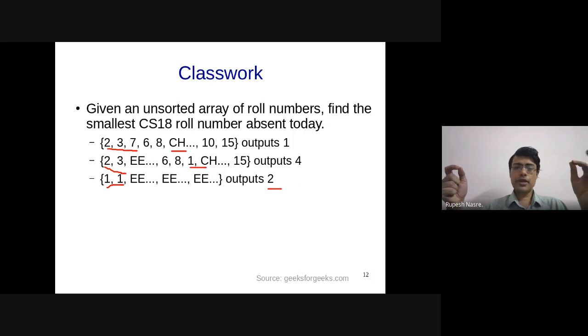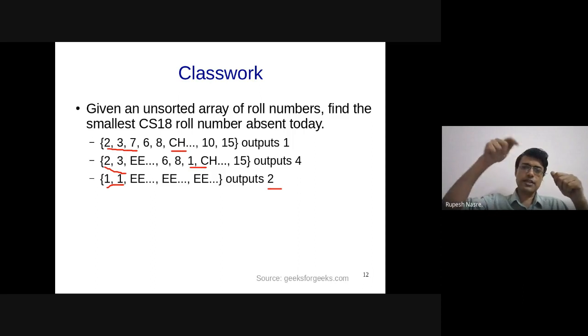Maximum roll number could be 1 million, right? Whereas n might actually be 10 or 20 or 50. But your maximum roll number could be large, and therefore you will still require a time which is dependent on that. That is where it is coming. Of course, internally it is going to perform certain operations like comparison or addition, which is proportional to the value of maximum roll number.